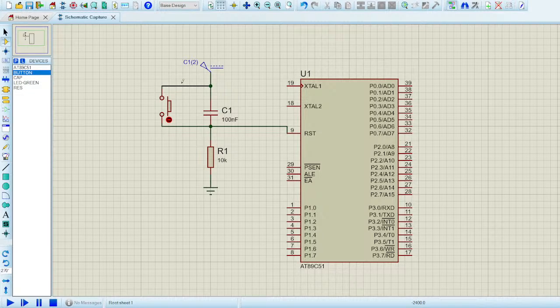If you're working on a breadboard, then you have to build the circuit up by hand, manually. But if you're working on that kit, which I don't recommend, but if you got that kit, then it's already there, so you don't have to worry about it. Okay, so now let's